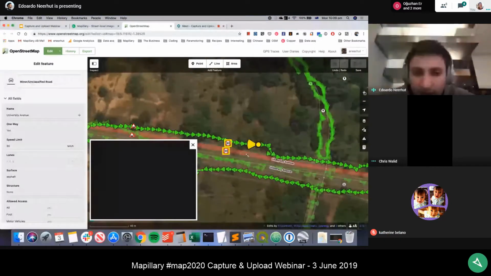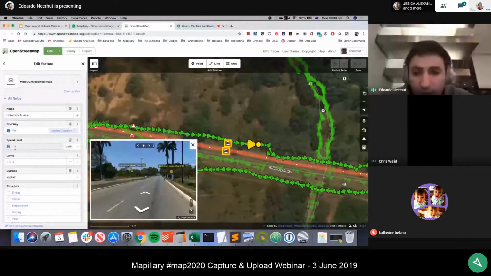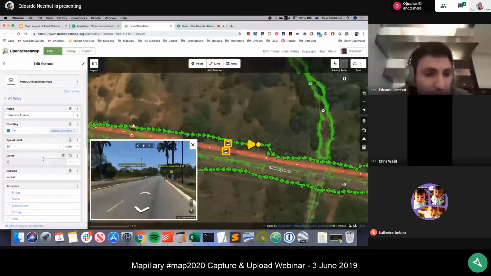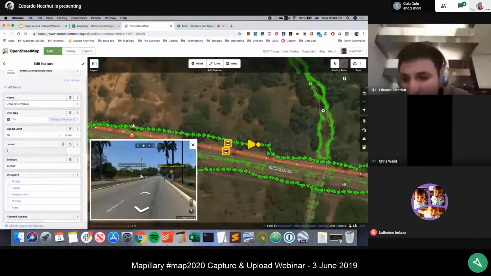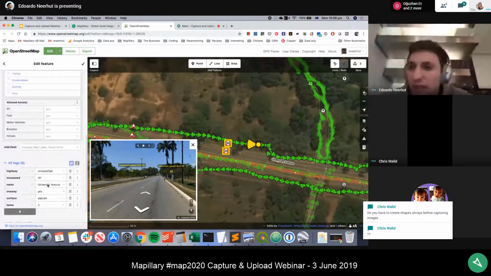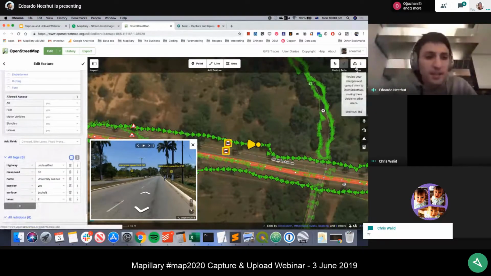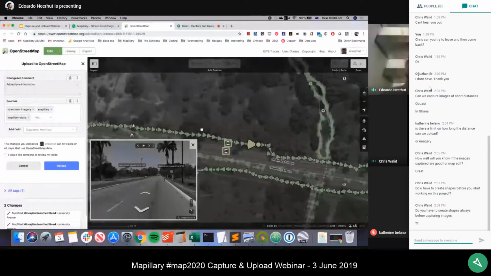So again, this is something you can see directly in OpenStreetMap. And then we can check University Avenue here. So you see someone's already added the speed limit. But what we can do is say 2 lanes, because we can see there's 2 lanes. One way, yes, that's correct, because there's another one-way road going the other way. And then we can go to University Avenue on the other side and add 2 lanes. I think that's about all the information we can add for the moment. And then we'll save that. Added lane information. And you can see here the source is already Mapillary because it knows that we're looking at Mapillary imagery there, and then we can upload that.